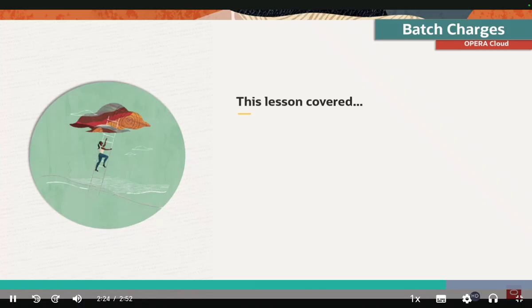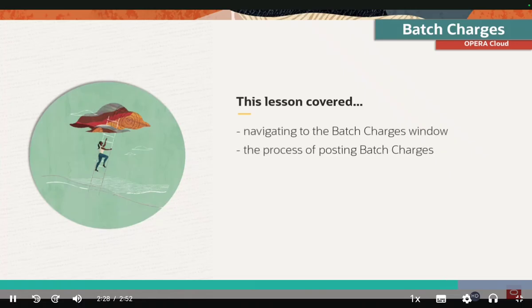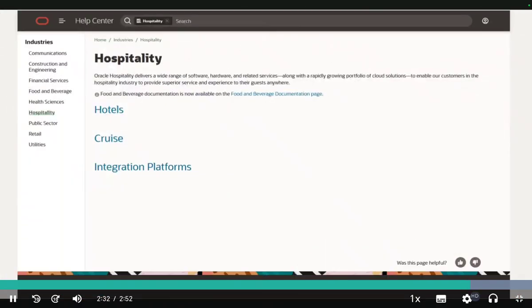This lesson covered navigating to the Batch Charges window and the process of posting batch charges. For more information on Opera Cloud, please review other courses on this topic within Opera Digital Learning. You may also visit the Oracle Hospitality Help Center for Opera Cloud and search